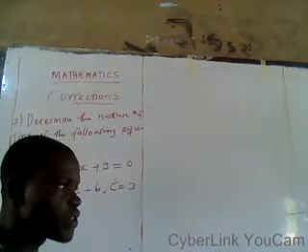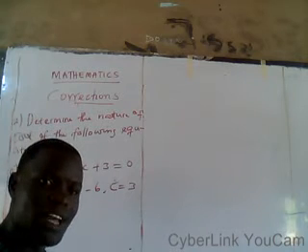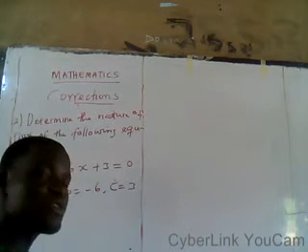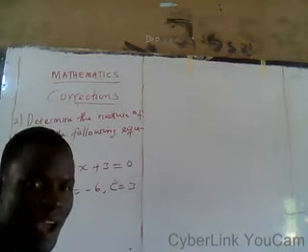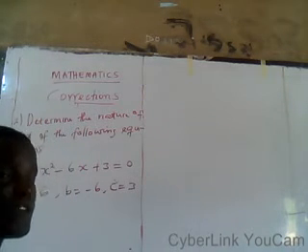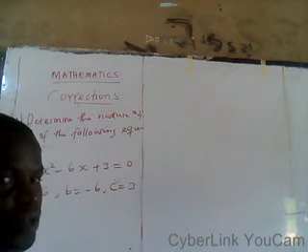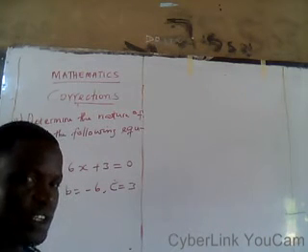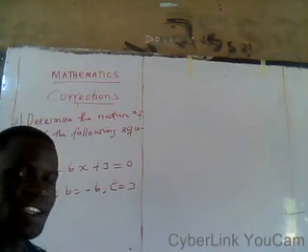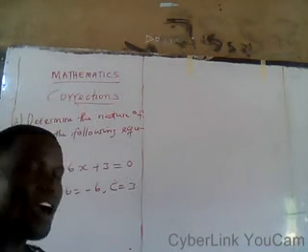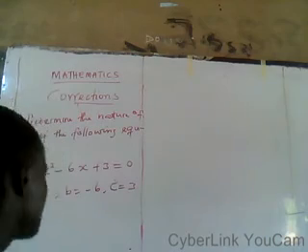If our b squared minus 4ac equals 0, we say that equation has equal roots. Our equation may have equal roots and at the same time still have a real root. For example, let's say we have 3 twice, you know that is positive and it is equal. So that is real and equal. If it is, let's say x is equal to minus 3 twice, that is complex and equal. That complex is also what we call imaginary, right?